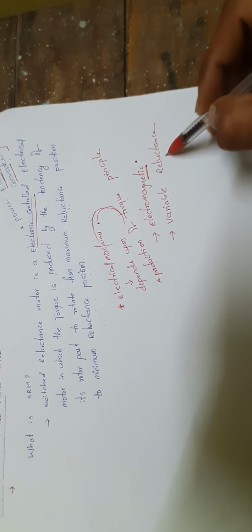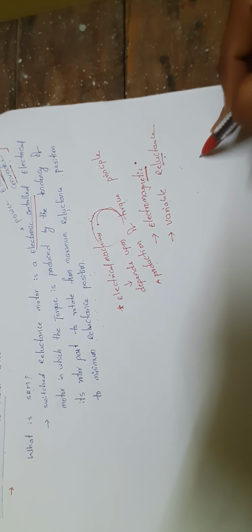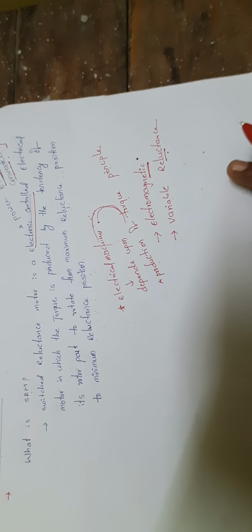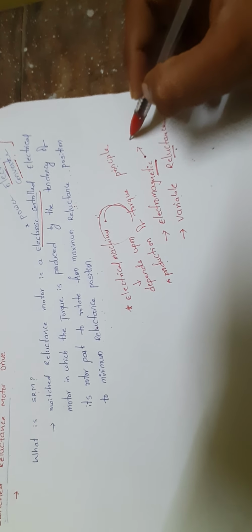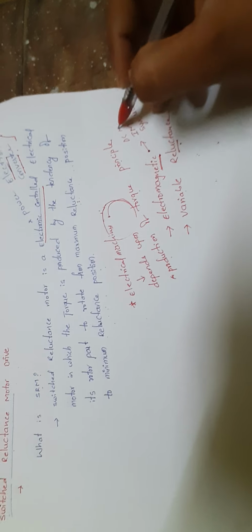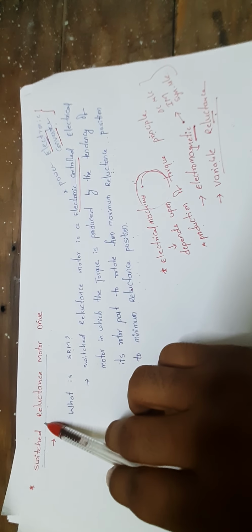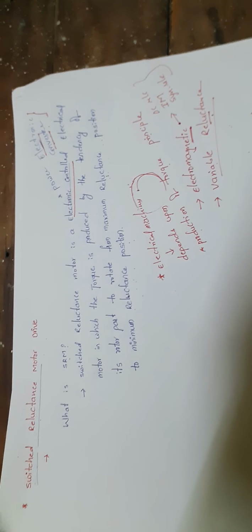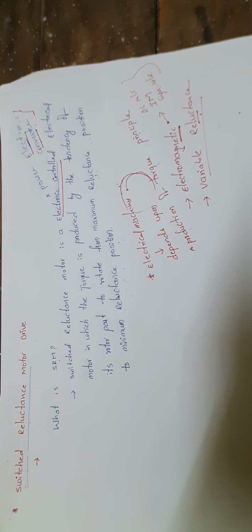Variable reluctance principle of operation means that because of the variation of the reluctance value from minimum to maximum or maximum to minimum, torque is produced. Examples for the electromagnetic principle are induction machines, synchronous machines and DC machines. Variable reluctance machine examples are the switched reluctance motor or variable reluctance motor, and other motors such as the brushless DC motor, or permanent magnet brushless DC motors.